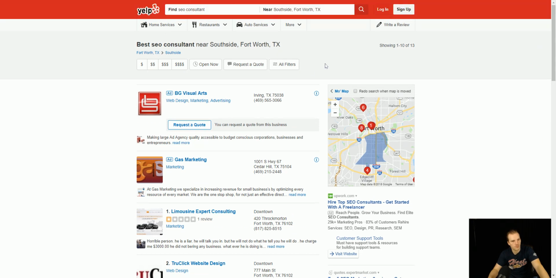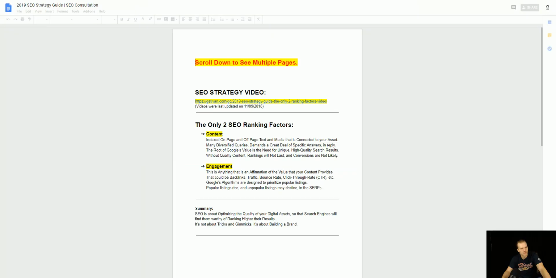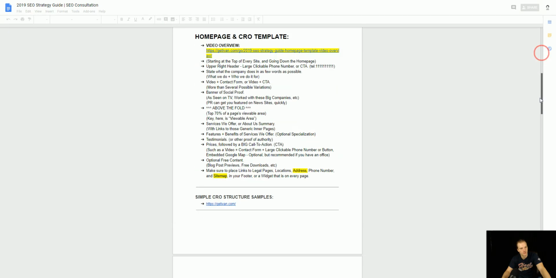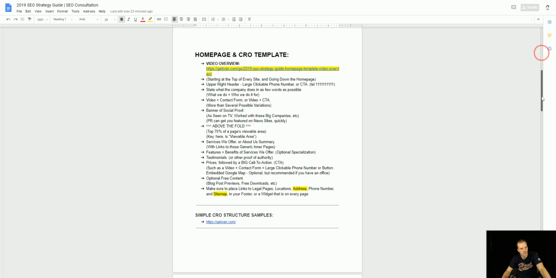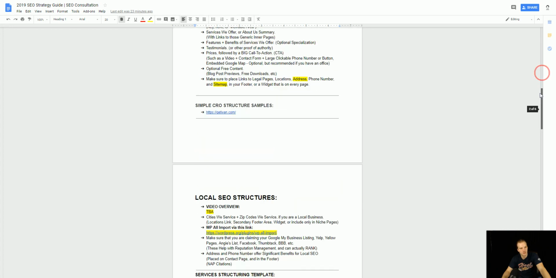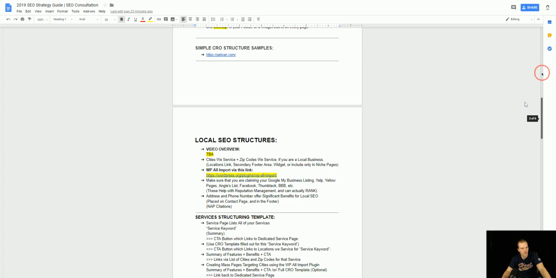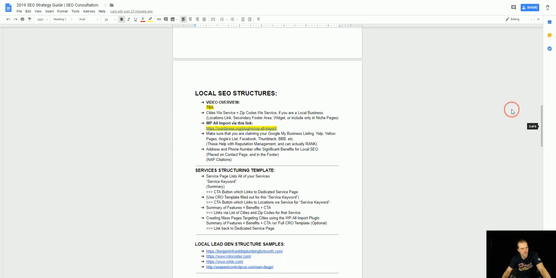So point proven, right? There is a direct traffic benefit, and when Google sees that, they're measuring the social proof and all kinds of signals that come as a result of the referral traffic you're getting from other places too. So let's go back to the list here. That pretty much covers it. The only other point that I have is